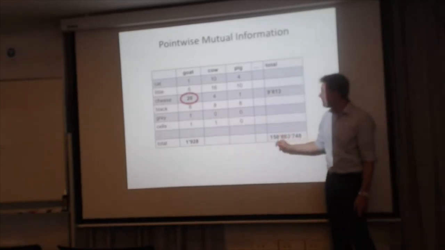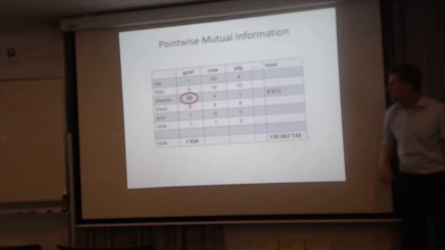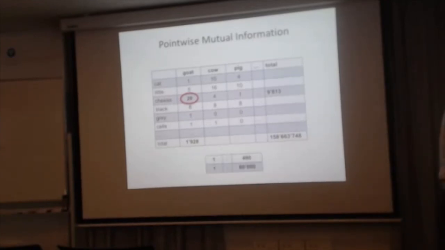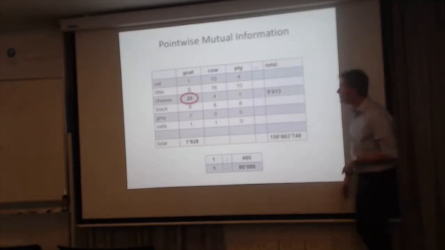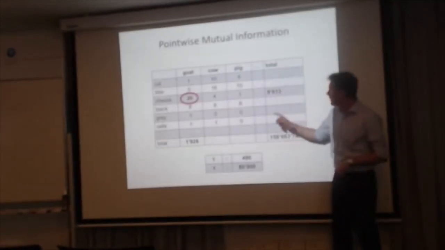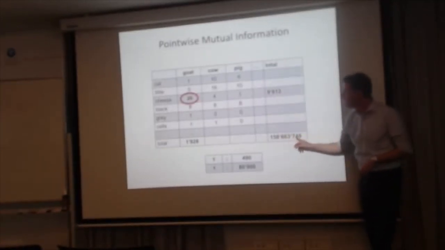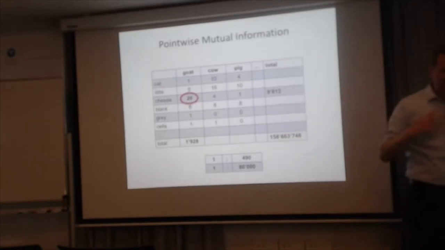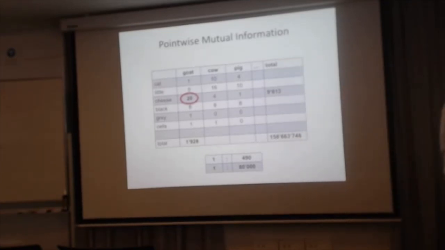So based on these marginal frequencies, we can determine that there's actually quite a large asymmetry between 20 and 10,000 and 2,000 and 160 million. So goat cheese is vastly overrepresented, meaning that, well, this is a value then that we can exchange for these